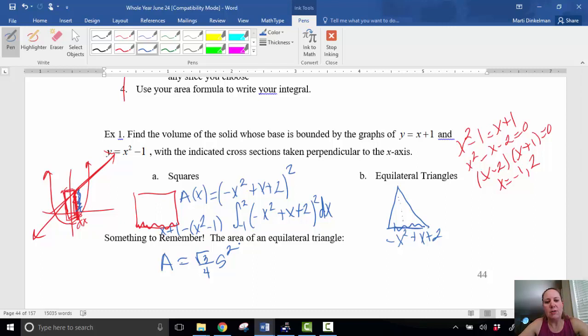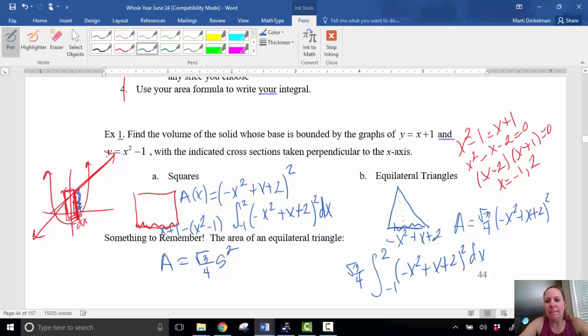Part of that 4 is from the area of the triangle. The root 3 over 2 would be from the ratio, because this would be a 30-60-90 triangle if I cut this in half. And so that comes from that root 3 over 2. So my area formula for this one is square root of 3 over 4 times that side squared. So let's write our integral. Negative 1 to 2. I'll put the square root of 3 over 4 out here. And then my side